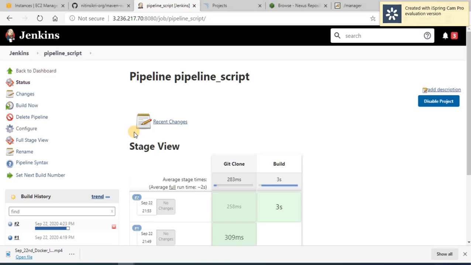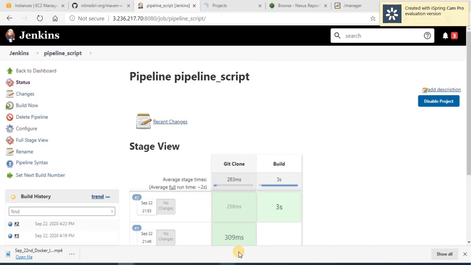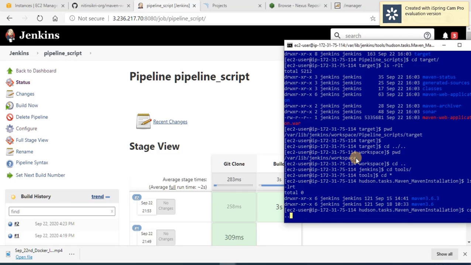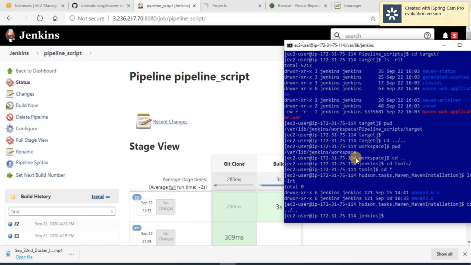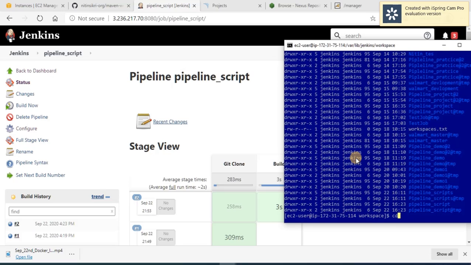This step is important in multiple ways. Once this build is done, it will be copying the files. If I look here, it will be copying the files in my workspace, my pipeline